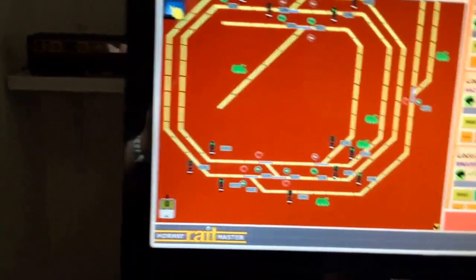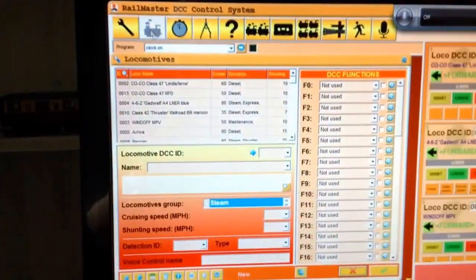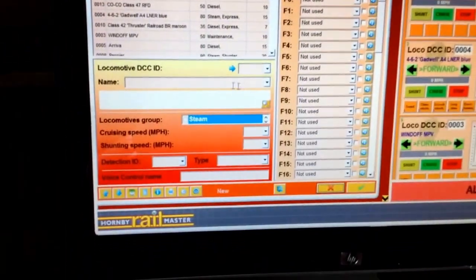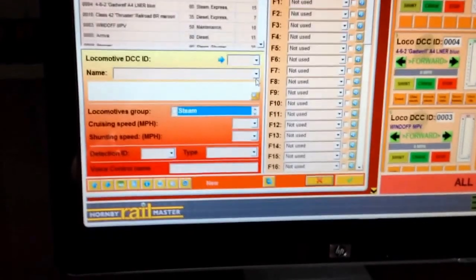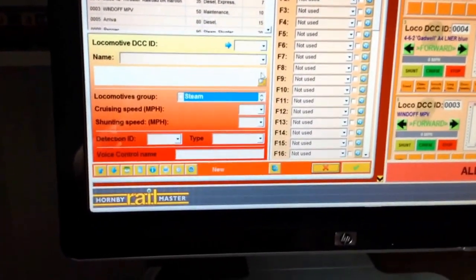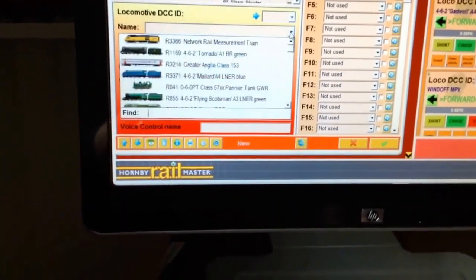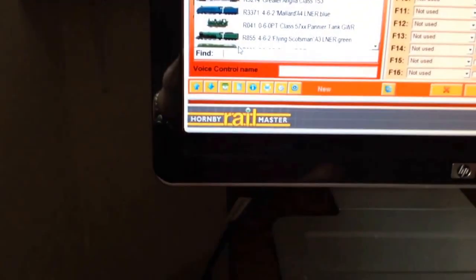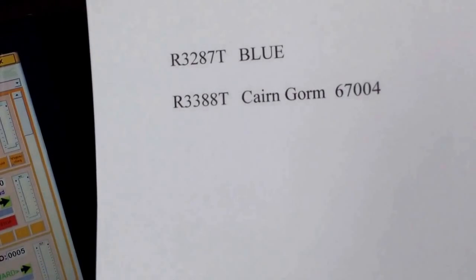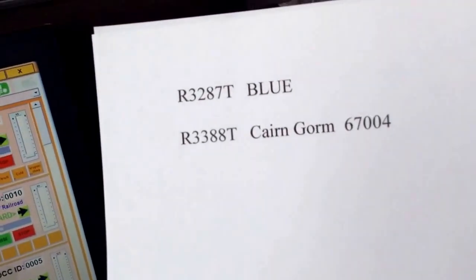So first of all, go to the trains. In here, I won't put the code number in. We go to names, and in the box where it says find, I'll show you what they are. That's a Congo, that's the new one that's come out. So in fact, if you put in